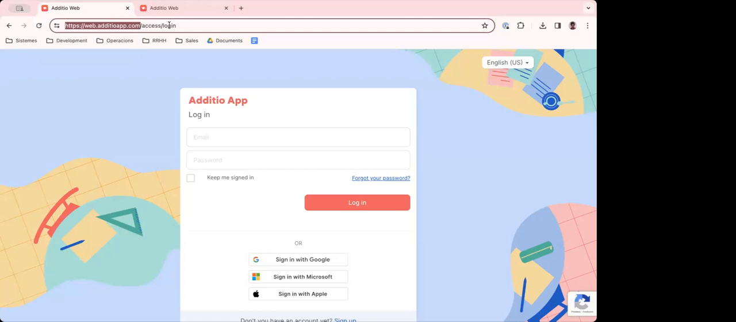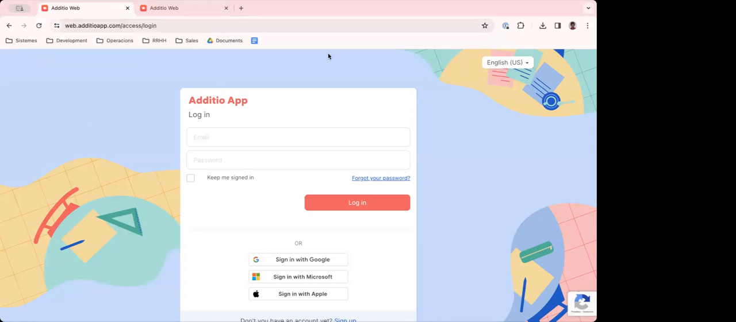The product is a website. As you will see, everything can be done using any web browser, on Windows, Mac, Linux, any kind of operating system, because it's just a website. But we also have apps for mobile devices. If you go to the App Store